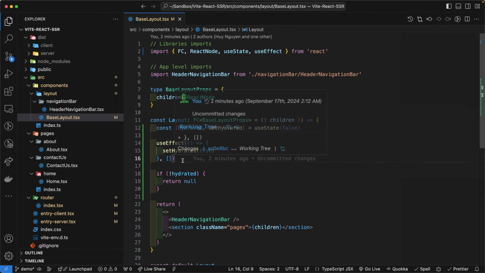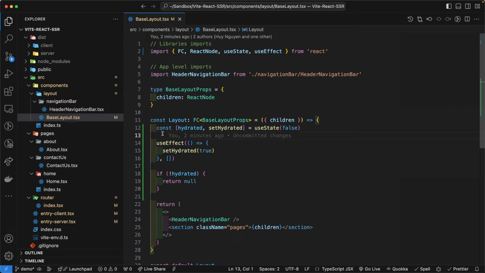Let me explain why we're using the two hooks here so that we are perfectly clear. The purpose of the useEffect is to ensure that the app is fully hydrated. This is necessary because the server-side rendering process can cause errors if the app is not hydrated before rendering. The first render is what the server uses to generate the HTML file, and is also what the client-side app will use for the hydration process. During this first run,